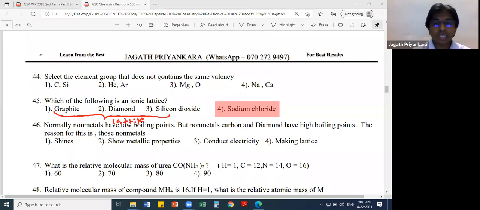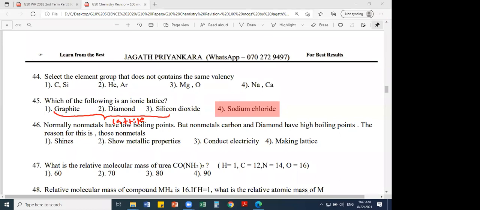Then question number 46. I'll erase the screen. Who can give me the answer? 46th MCQ. Any volunteers? Minu? Answer 1, because it shines. Right. Any other alternative answers? Minu gave the first. I'm asking for question number 46. So try to take your opportunity, because in paper class I need the answers from you, because I want to check whether you have done this or not.